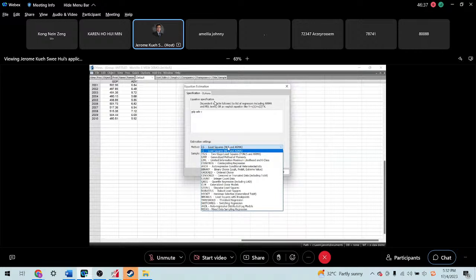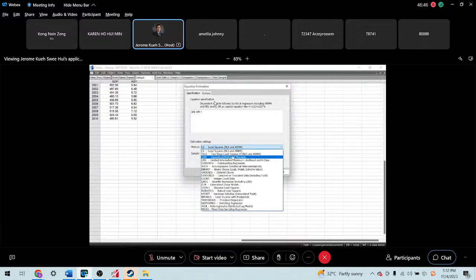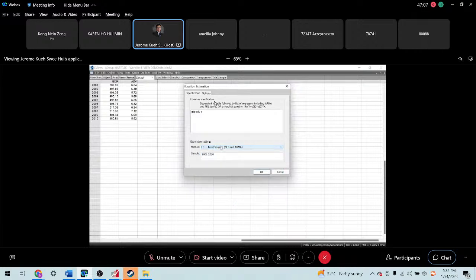Okay? So the least squares is the basic regression analysis that all the advanced analysis will depend on. It's just a matter of the assumptions or additional functions that the new method can capture. So that's why there are different commands or functions available under this method. So we will concentrate on the least squares method here.